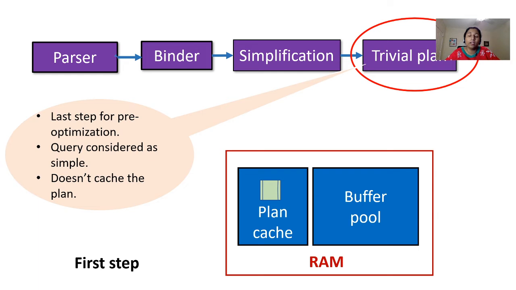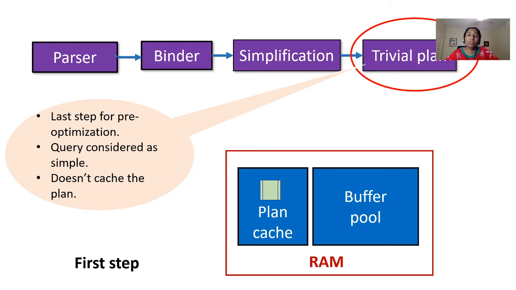I will just go ahead and discard that parse tree inside the plan cache, and then I will create a trivial plan on the fly because it doesn't cost me any resources or money to do that. No matter how many times the user will send the same kind of query, very simple query, I will go ahead and create the trivial plan on the fly. And basically these trivial plans by default are not stored inside the plan cache. But if those trivial plans are generated, those trivial plans will be used for the execution phase.